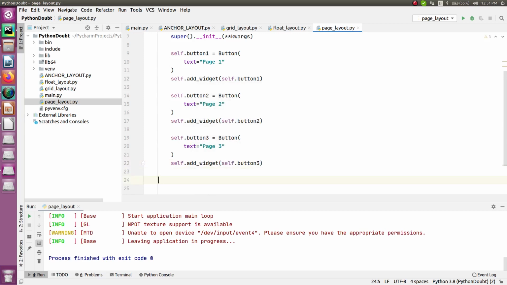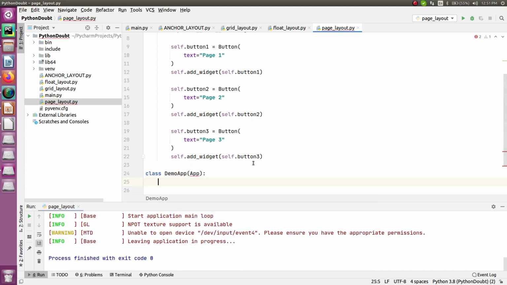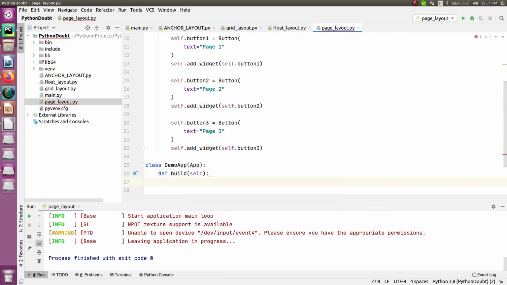Now I have done this part, and after that I have to create another class which will be a demo app kind of a thing, right? And in here just write App, call it as well, right? And in here just build a build method, right?